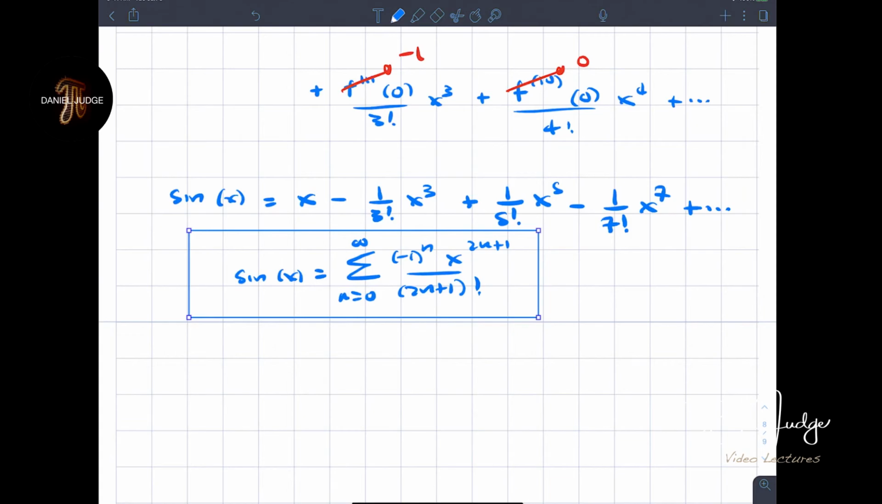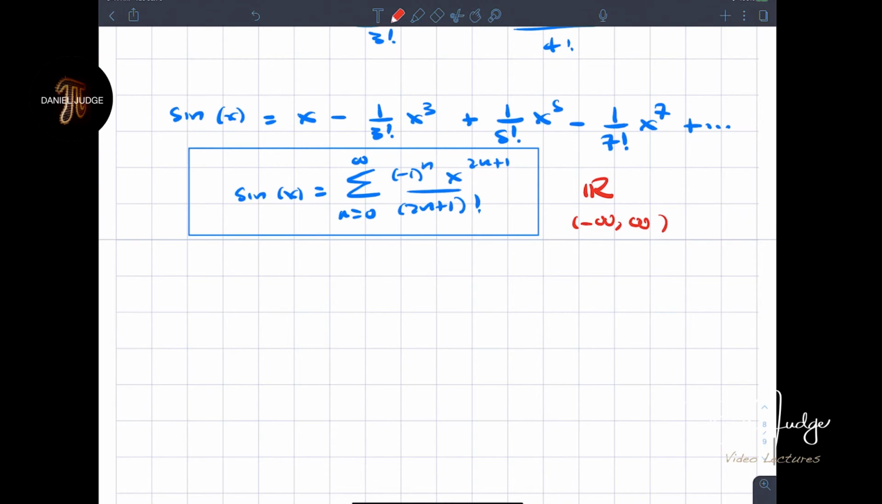I just want to say, by the ratio test, you're also going to find that this works for all real numbers. We might have actually looked at that in the past. That interval of convergence is all real numbers. And we saw yesterday